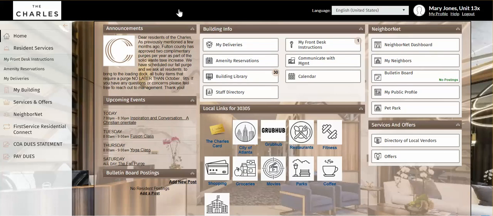To begin, you can see that the site has been customized specifically for the Charles. We have your logo up here and a lovely photo of the building behind the site. If you go along the top, you'll see that your name will appear here and your unit number. Below your name, if you click on the My Profile link, you will be taken to a section of the